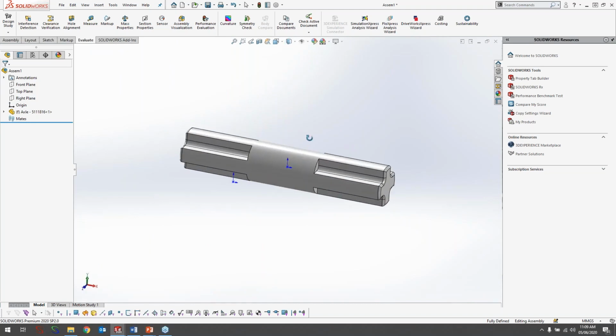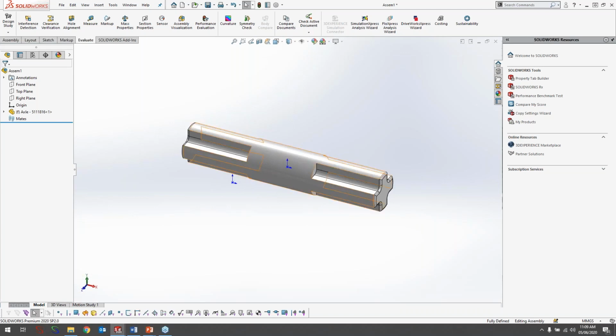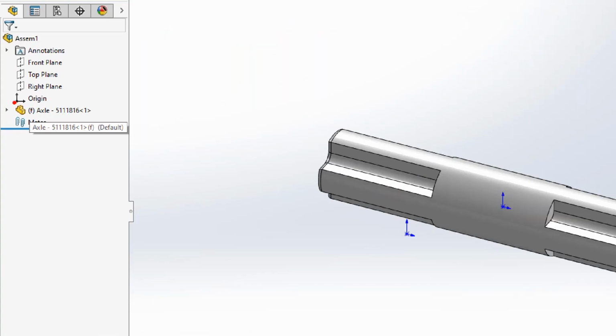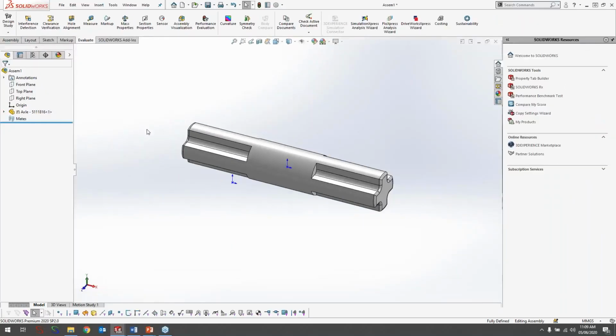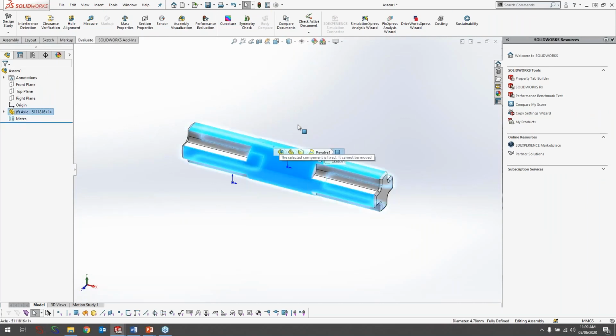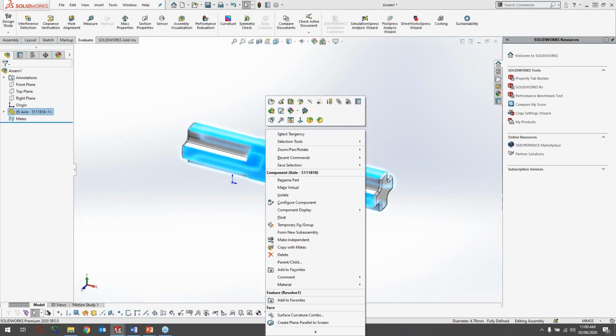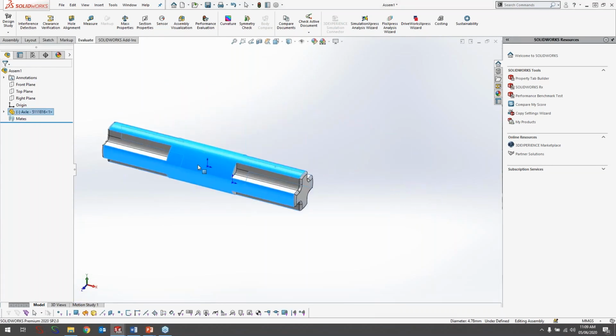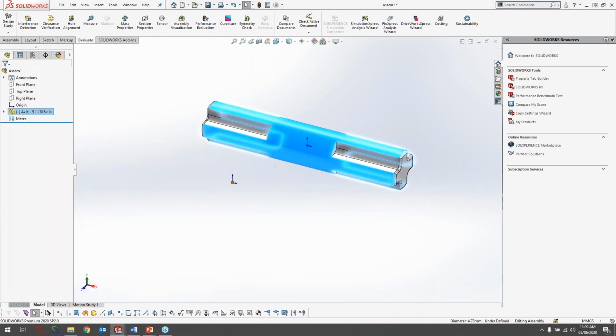But one thing to remember is that the first component that you add to the assembly will be fixed by default, and it's intended. One thing that you'll note is that the fixed component has a little F next to it, and it's just telling you that it's fixed. Let's say that for some reason you want to move that component. If I actually try to move it, it won't let me. So let me right click on it, and I can say Float, and yeah, okay, I can move it. That's fine. Let's say that I wanted to bring it back to the actual origin.